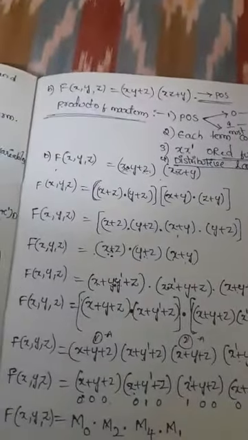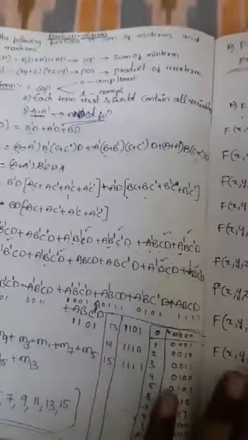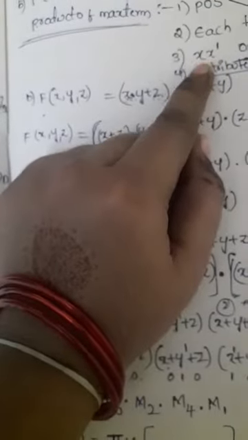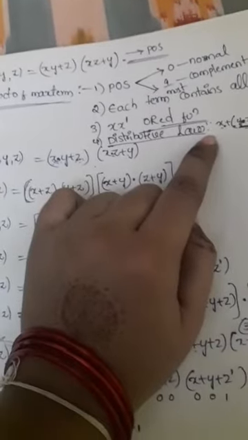So this is the final result for this function f of xyz, and this is the final result for f of abc. That means the sum of min terms procedure is this one, and the product of max terms procedure is this one. Okay, so both will be the same, but in that we use the rule a plus a complement if any term is missing. If any variable is missing here, you follow the rule x into x complement, that means a into a complement. Okay, and before simplifying with these rules, first you have to check whether the distributive law is applicable or not. First we have to follow the distributive law here.